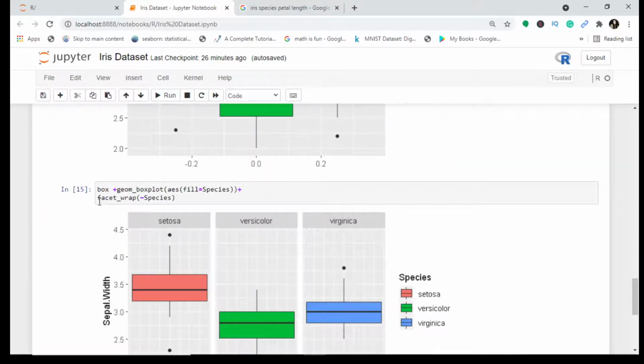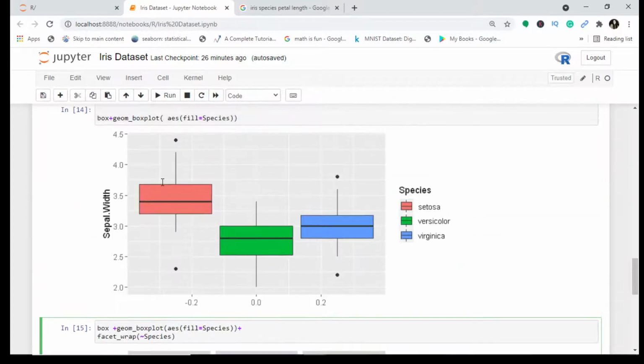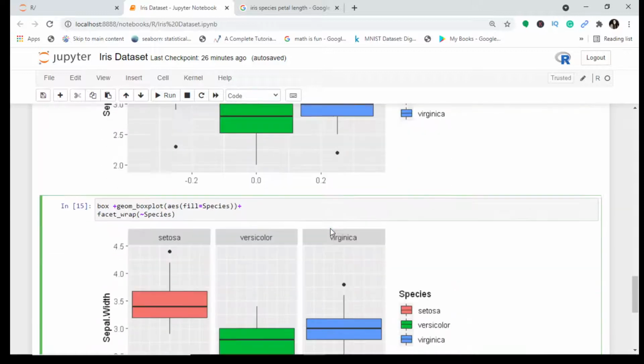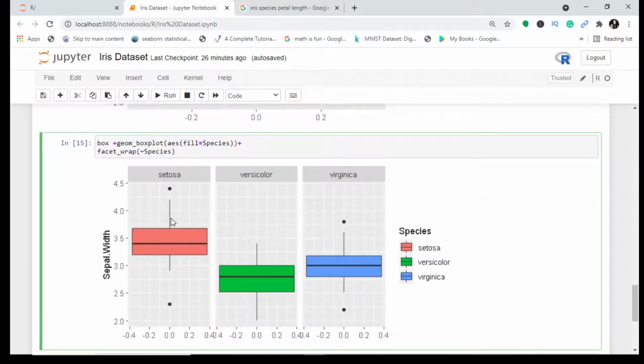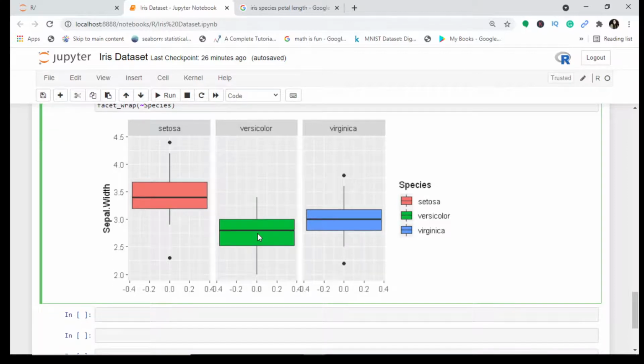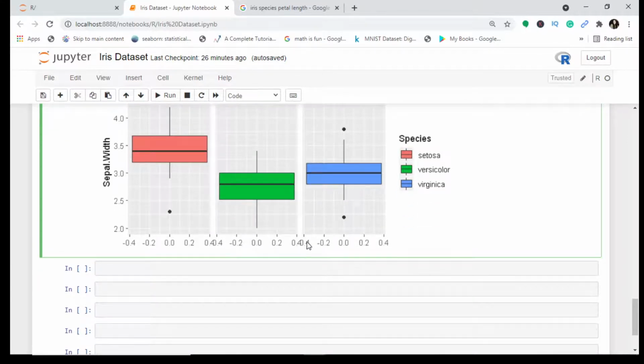When we use facet_wrap and when the plot is without facets, there's a considerable difference. Here we can see it in just one grid, but here we've got different, separate grids for each species, which gives it more meaning, with its dimensions. You can adjust the spacing and readjust the size of the plot, and that was dealt with in the previous tutorial. So please go ahead and watch it.